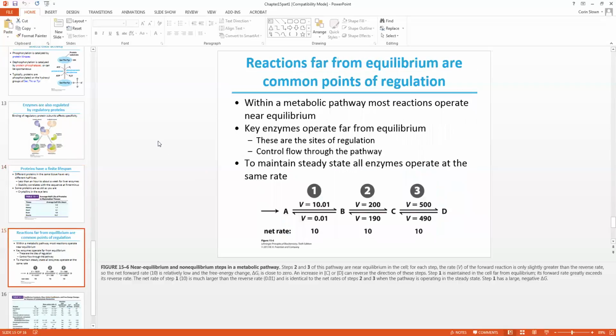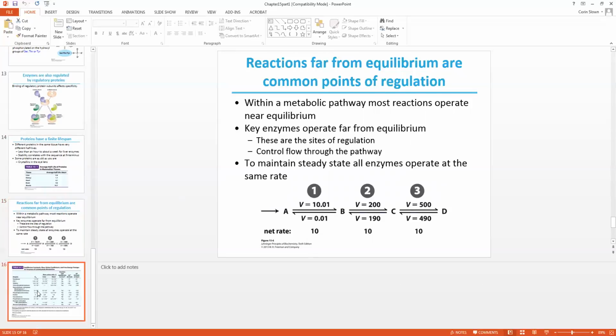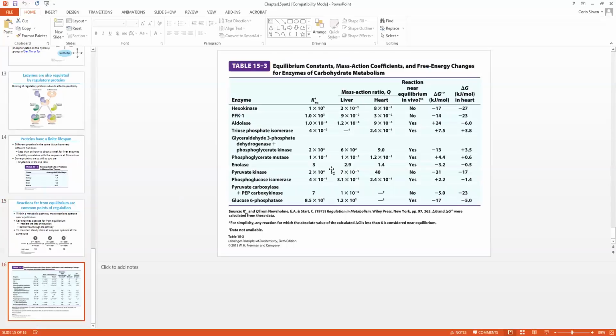Reactions that are far from equilibrium are common points of regulation. So within a metabolic pathway, most reactions operate near equilibrium. Key enzymes operate far from equilibrium. So these are the sites of regulation. They control the flow through the pathway. And again, to maintain steady state, all enzymes operate at the same rate. If we take a look at table 15-3, these are the equilibrium constants, mass action coefficients, and free energy changes for enzymes of carbohydrate metabolism. These you could obviously use to interconvert and